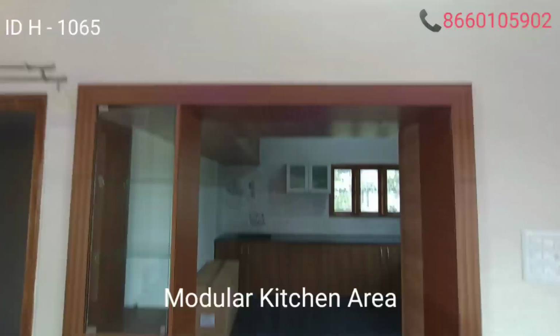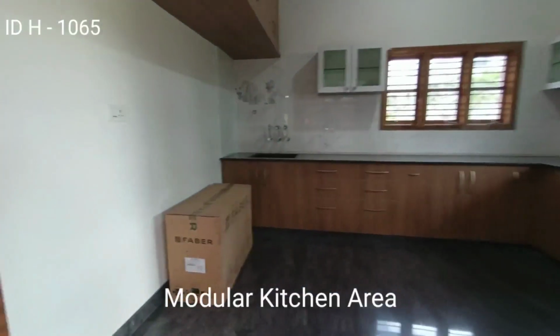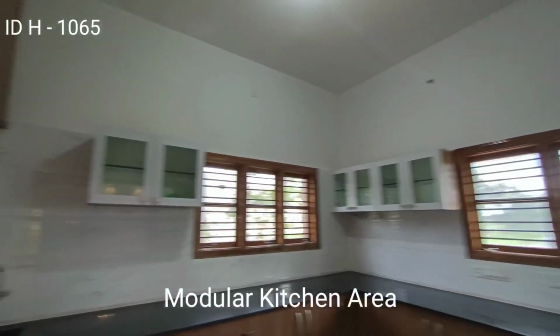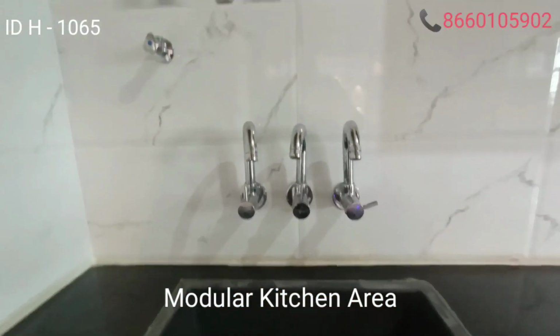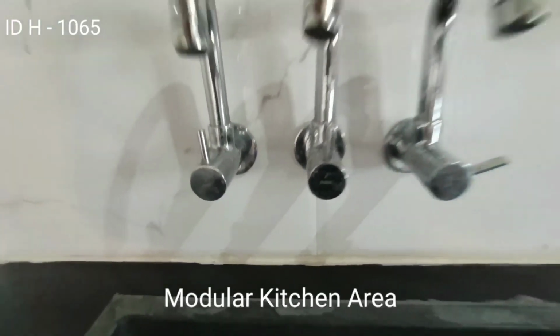So this has a modular kitchen, so spacious modular kitchen with all basic amenities, with all Jaguar taps, and very spacious kitchen actually. ದೊಡ್ಡ ಕಿಚನ್ ಇದೆ ಆಕ್ಚುಲಿ, ಸ್ಪೇಷಿಯಸ್ ಆಗಿದೆ ನೋಡಿ. ಜಾಗ್ವಾರ್ ಟ್ಯಾಪ್ಸ್ ಹಾಕ್ಸಿದ್ದಾರೆ,